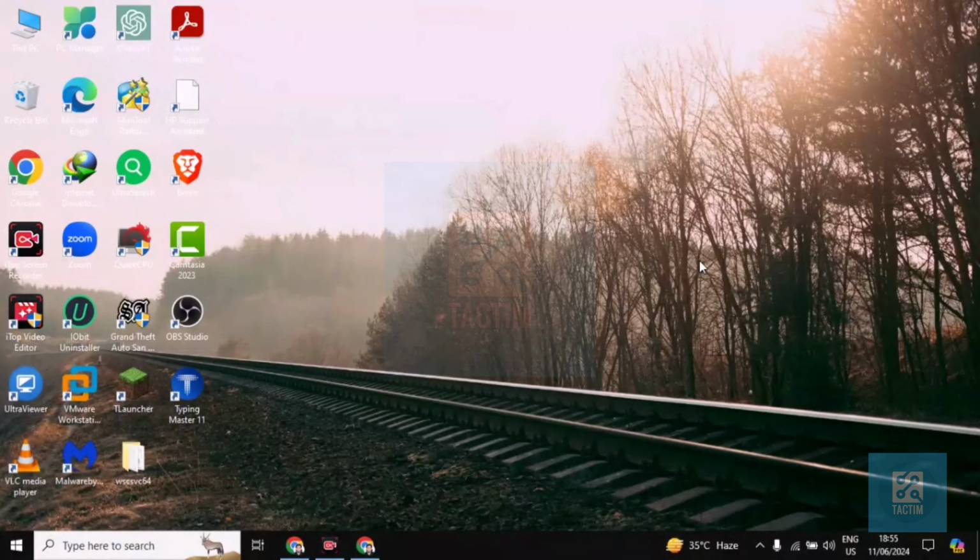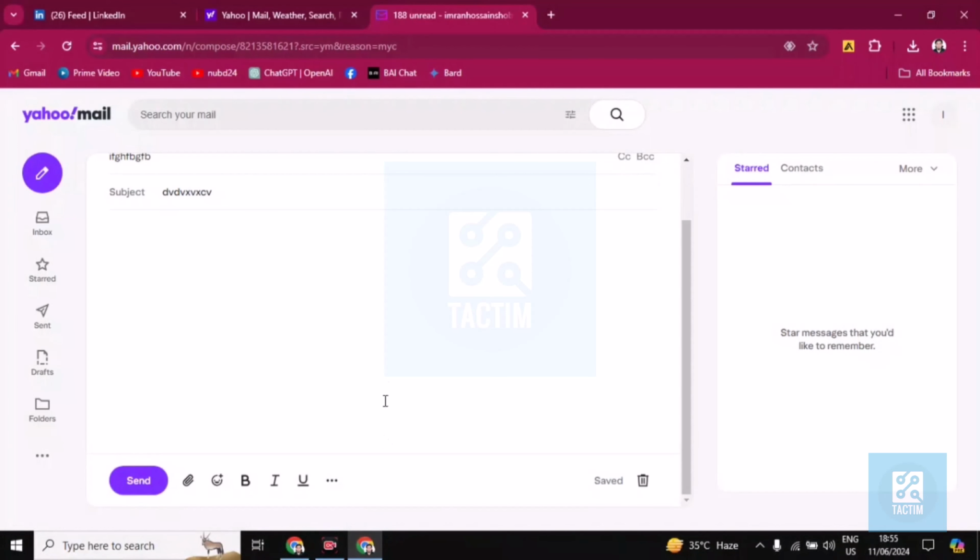In this video, I'm going to be showing you how to change font size in Yahoo Mail. Firstly, go to Yahoo first. In this Yahoo Mail, here's the body. You can type anything. And if you want to change the font size, you have to click on this, and